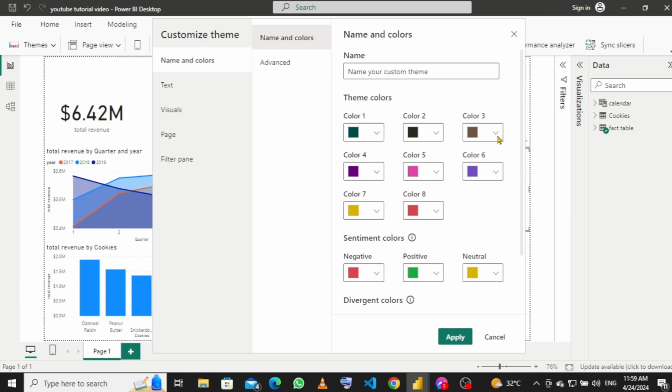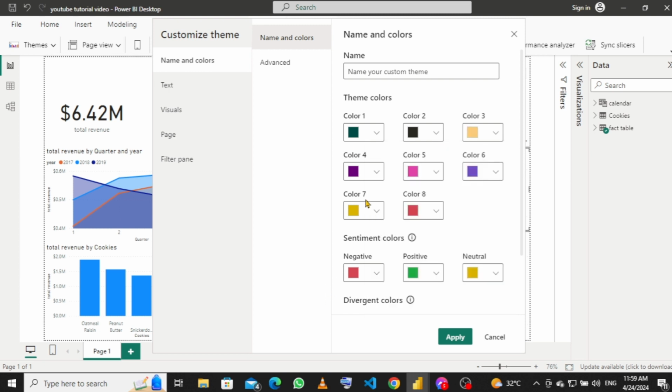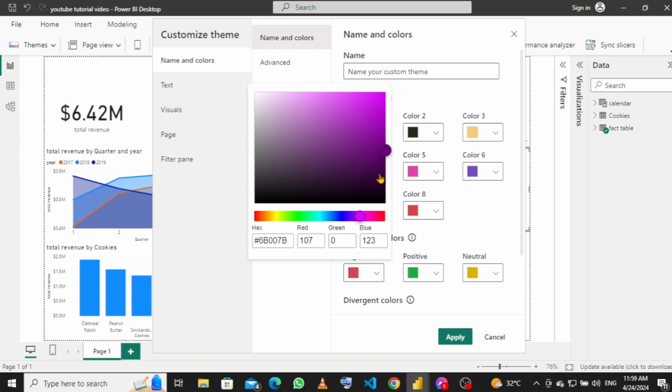okay, let's choose color 3. No, we don't want it to be this color. It's gonna be FBCB7B, click outside here. Our color 4 is going to be